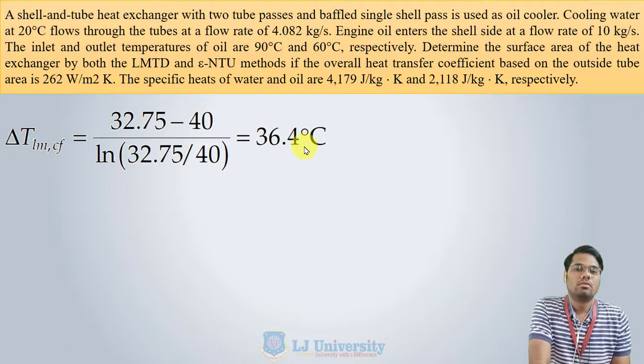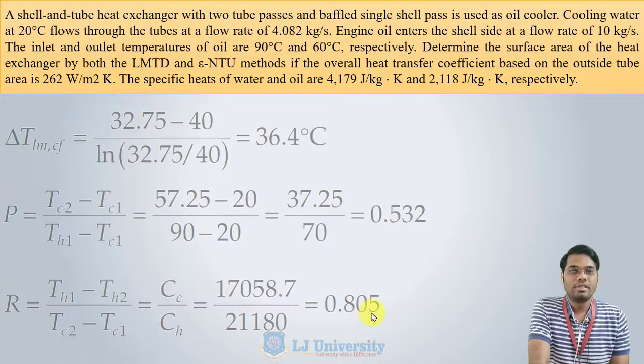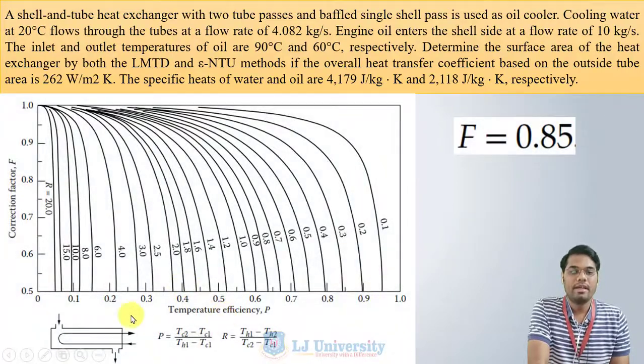Now we have to find out correction factor. So for finding out value of correction factor, we require P and R. Now we know all the values of four temperatures, so we can easily calculate value of P and R by putting the values in this equation. We will get P as 0.5, R as 0.8. Now by using graph from the P and R, we can easily get value of F,